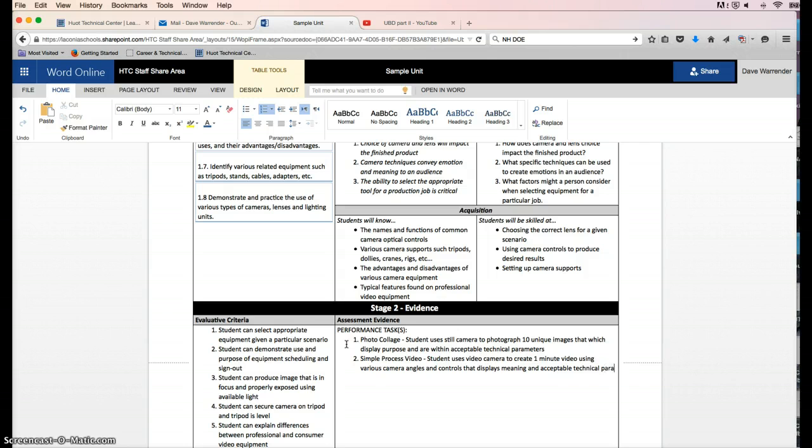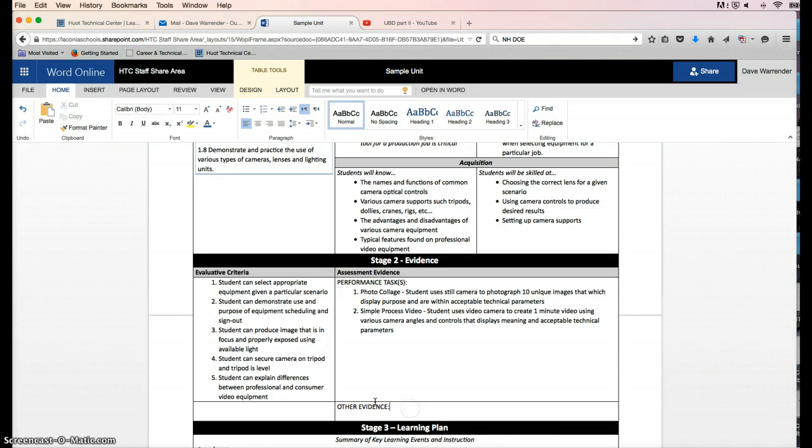And I am not getting into a ton of detail with this because what I would actually do is somewhere I have an assignment which is a photo collage assignment. And the photo collage assignment is going to explain this in much more detail, is going to provide the students some more specific evaluative criteria. Again, the UbD template is in many ways a teacher-to-teacher document and an internal planning document. You're going to spell this out in more concrete terms for students. But I have two performance tasks which are related to this.